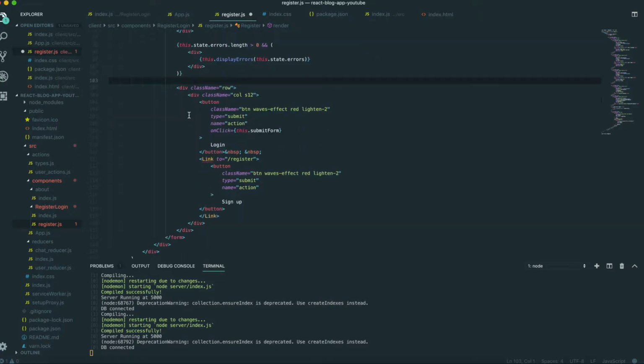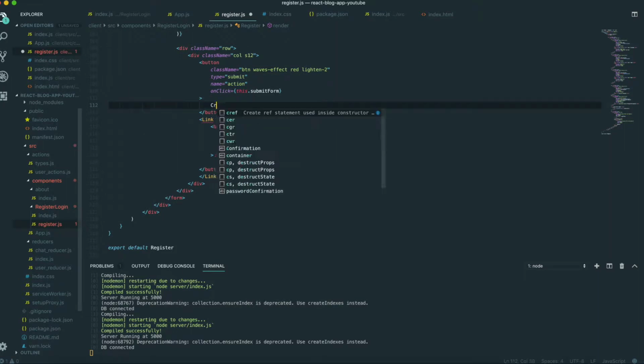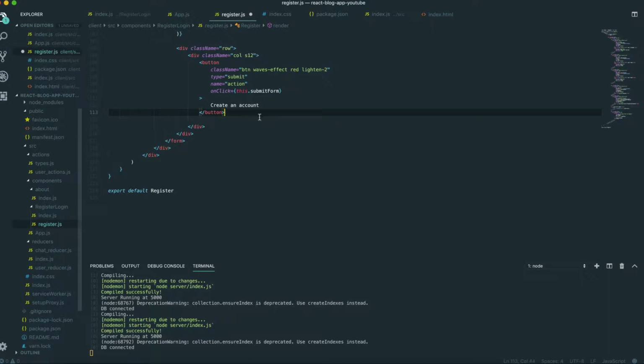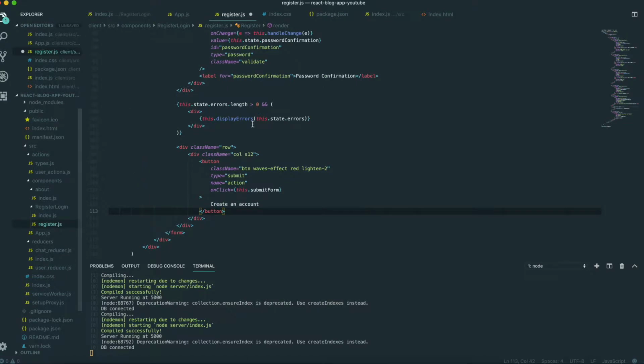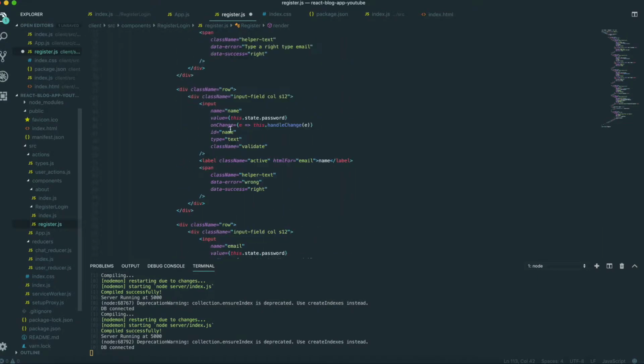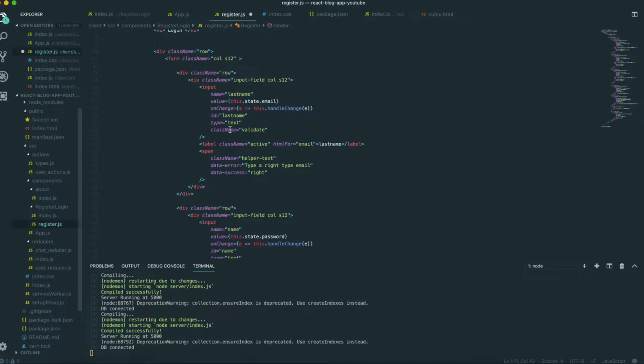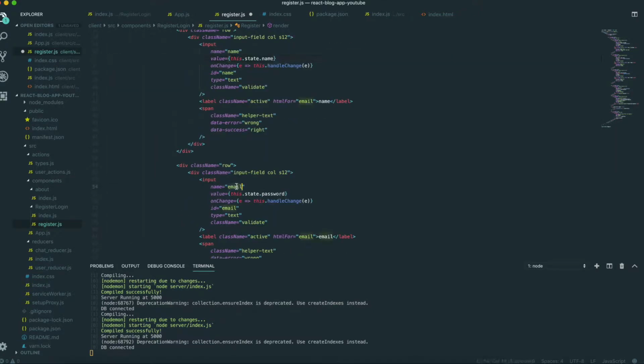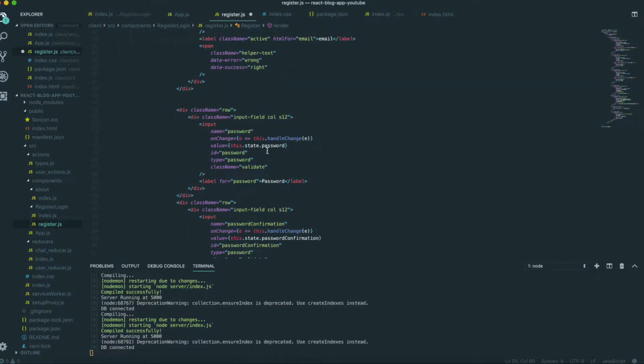So in here is the same part for the header displaying part, and this will be changed into create an account, and we don't need to have this part in here. And for the value, yeah, it has to be changed. This one will be last name, and this one will be name, and this one will be email. So password, and